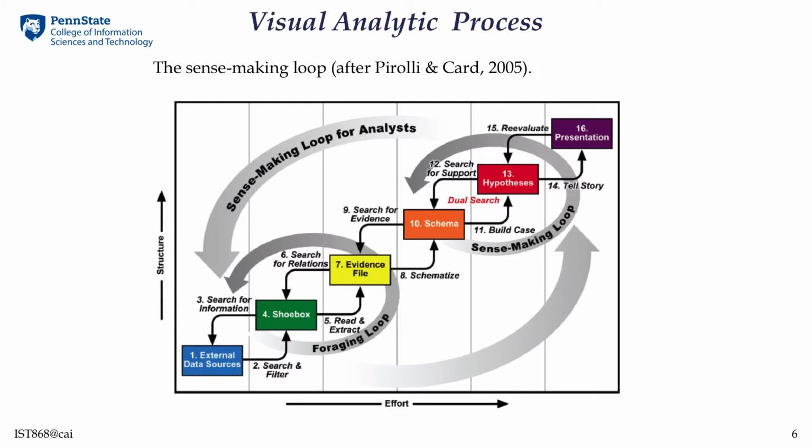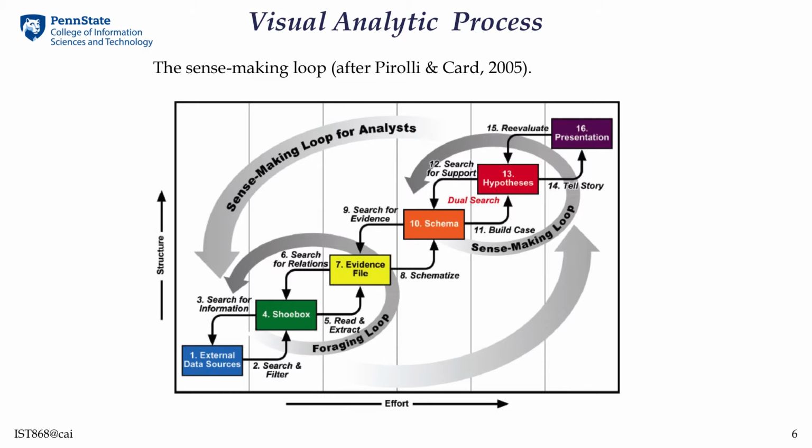Okay, if you mouse over that shoebox, you're going to see some of the text explanation. It holds the bits and pieces of information that can potentially be organized as evidence files. Okay, and the second, higher level loop is to bring the evidence into a more meaningful schema so that humans can use their knowledge to form certain judgments or hypotheses. While that hypothesis can be partially formed, it may require additional evidence to be collected, which will probably require additional